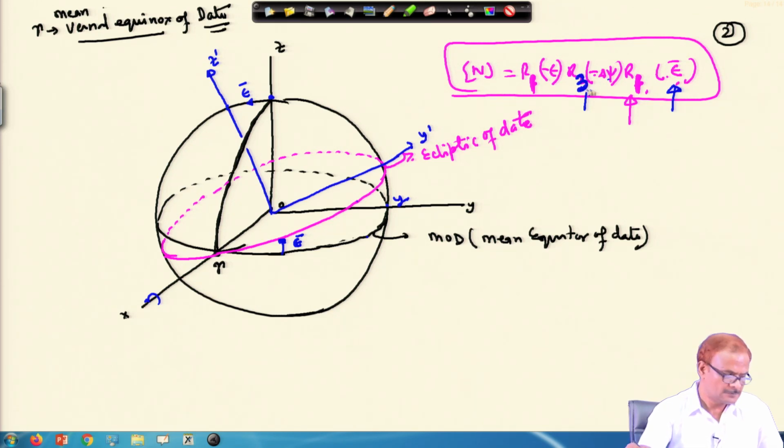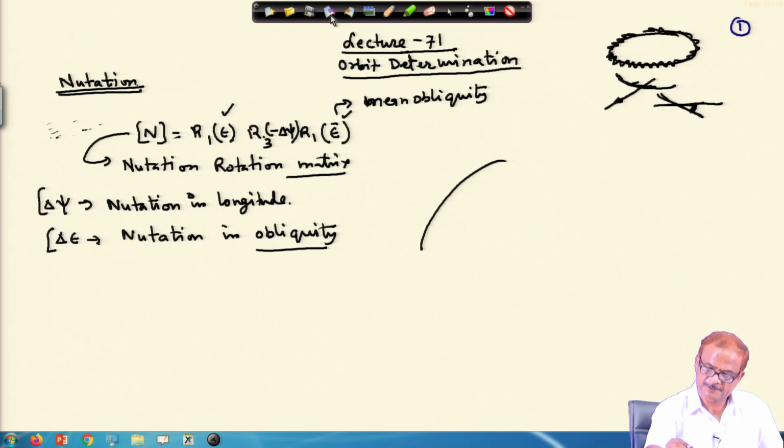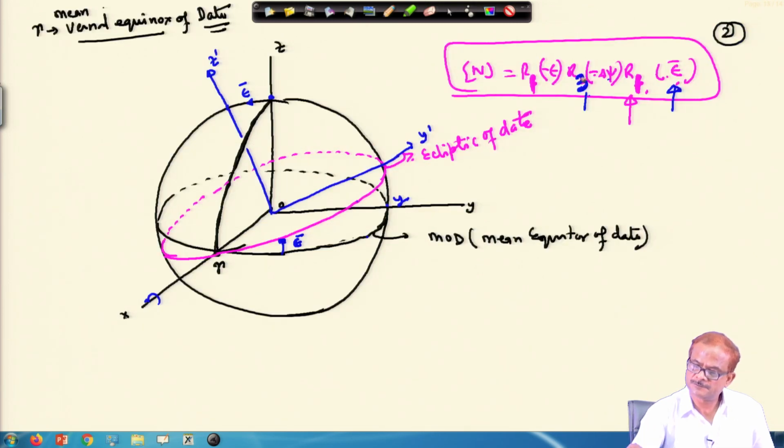This is 3 1 3, we have written earlier correctly. Here we have R1 R3 R1. So, this is about the third axis, this is about the first axis and first axis. So, the first rotation takes it to this place, this is your